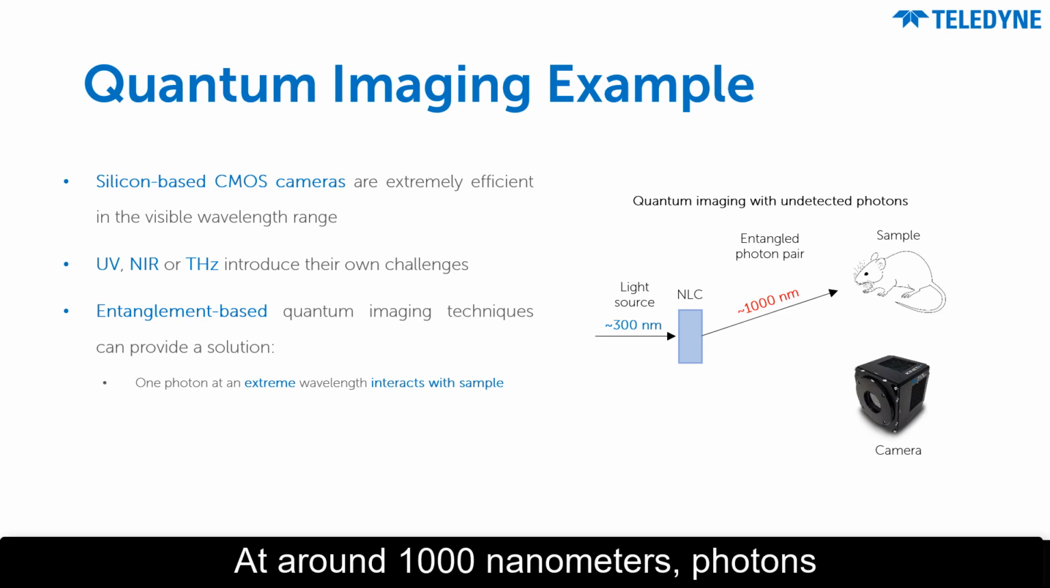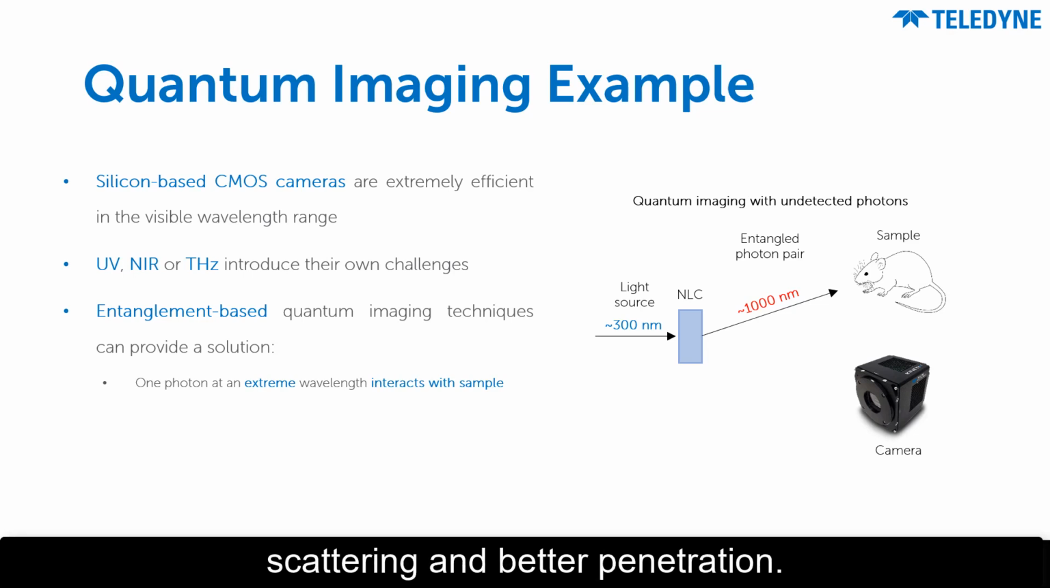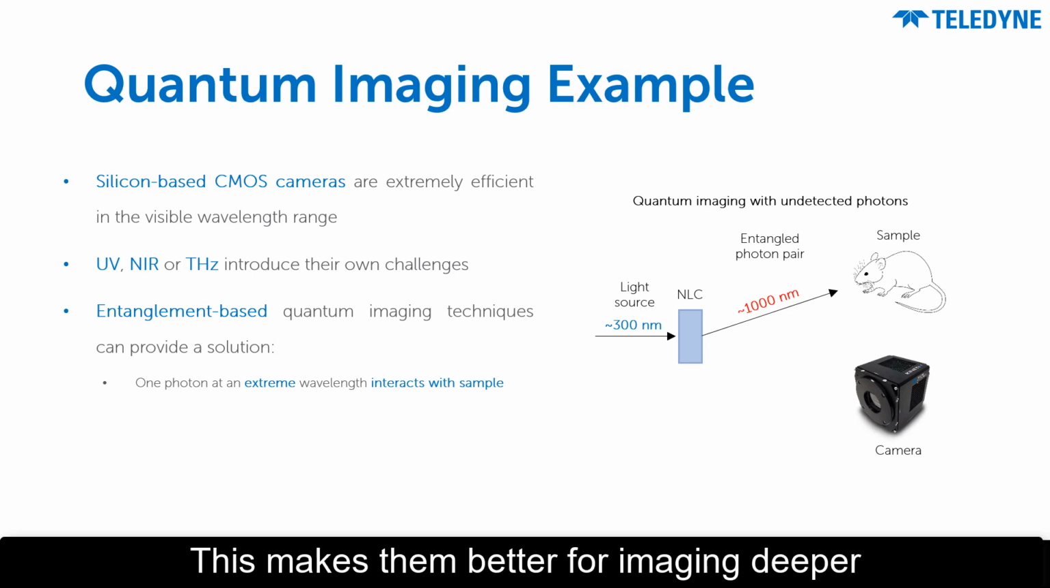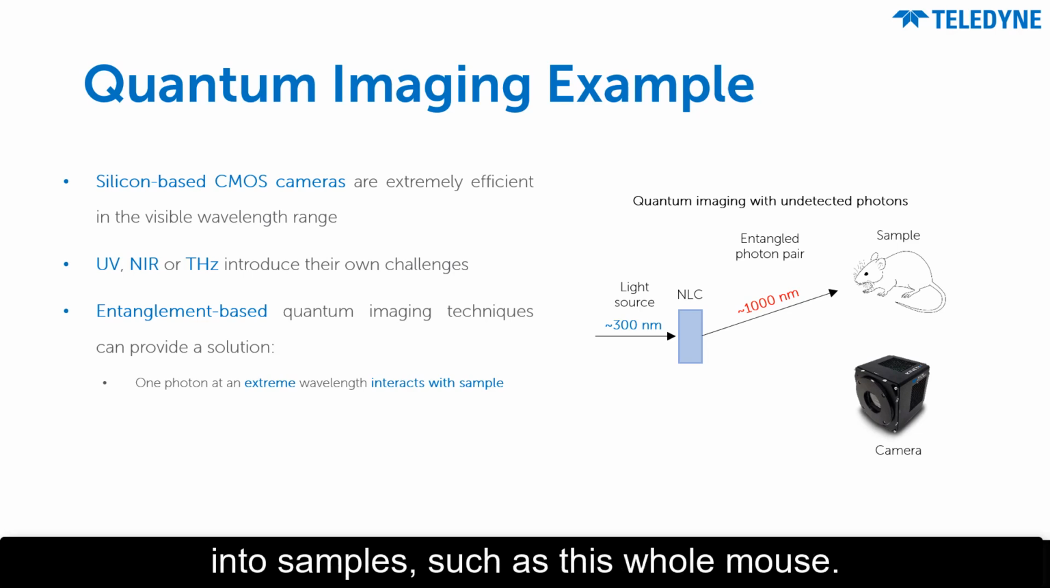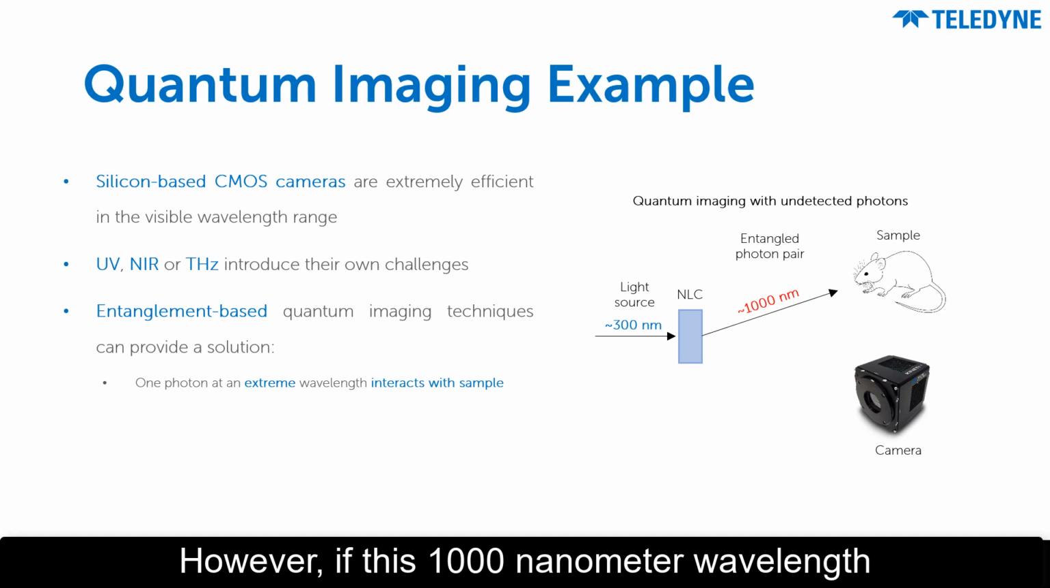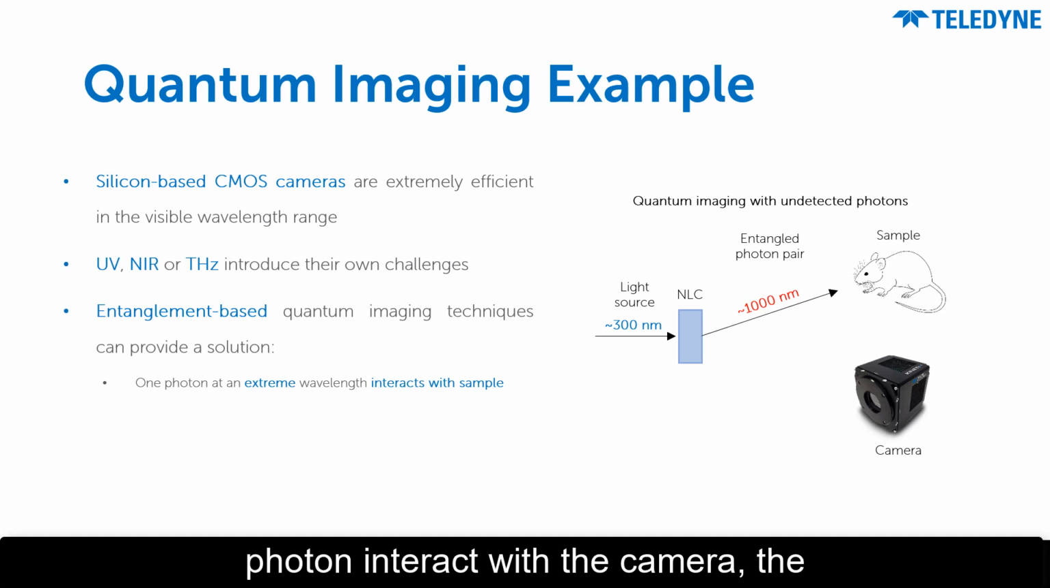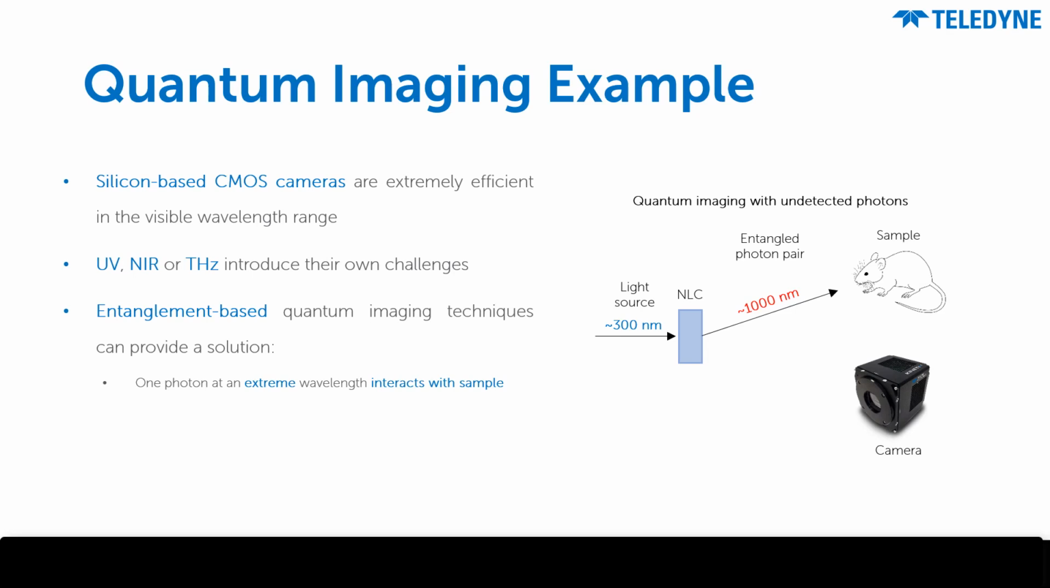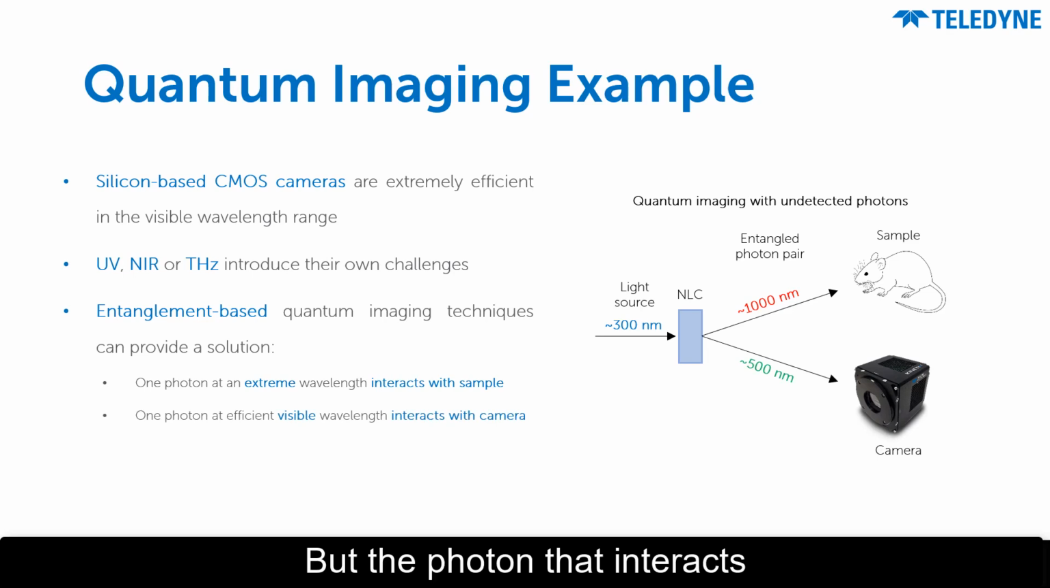At around 1,000 nanometers, photons at this infrared wavelength have less scattering and better penetration. This makes them better for imaging deeper into samples, such as this whole mouse. However, if this 1,000 nanometer wavelength photon interacted with the camera, the detection efficiency is quite low, almost too low energy to interact with the silicon. But the photon that interacts with the camera is 500 nanometers at a visible wavelength, where the camera is very